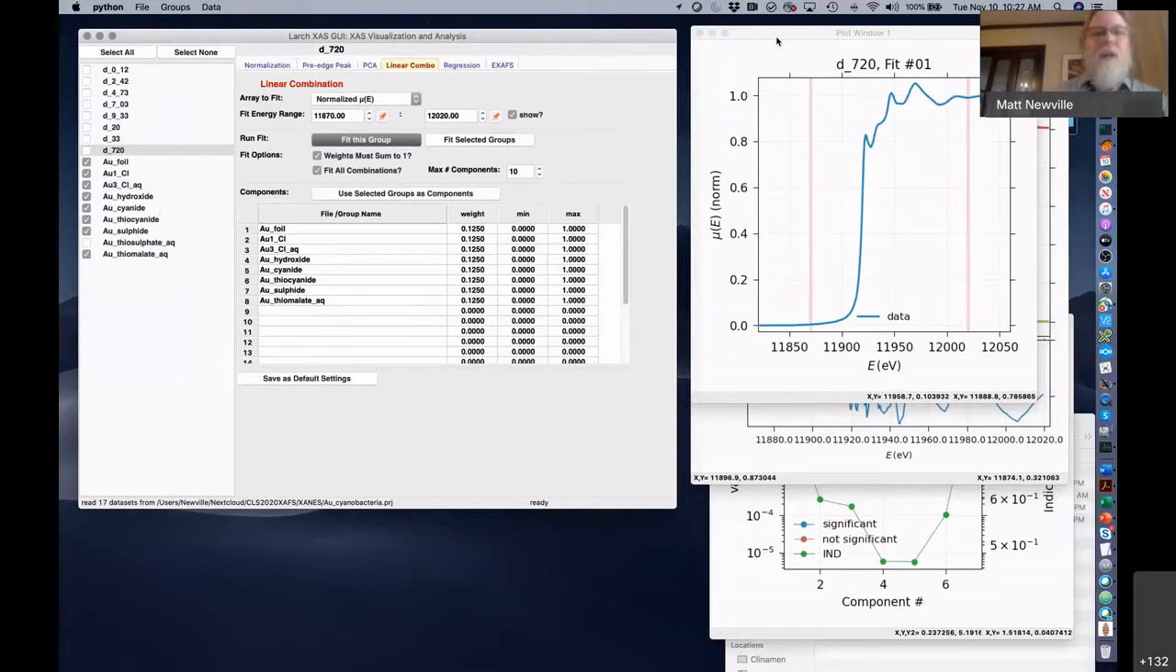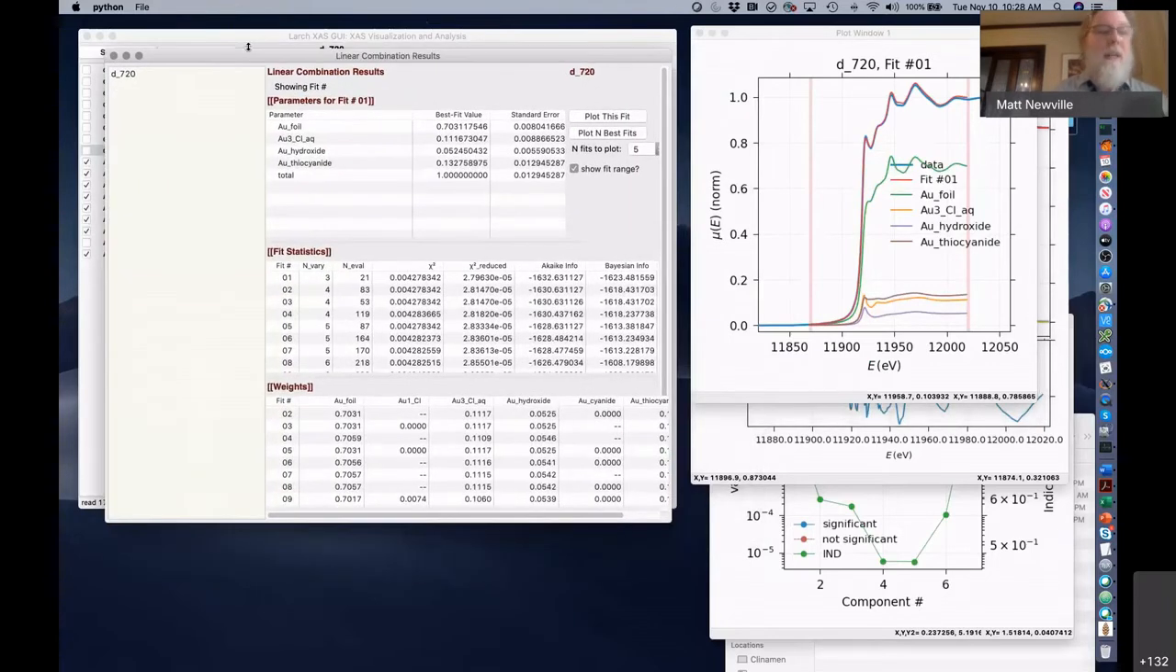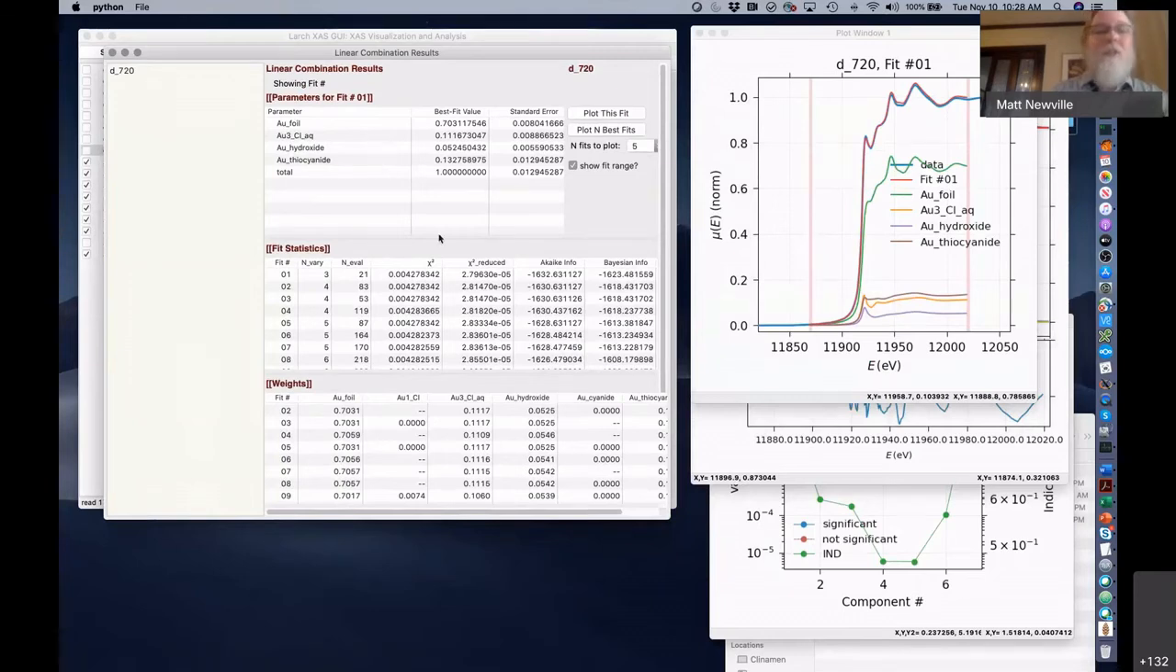So this is a good time for questions, and I think this would be the end of this part of the lecture, and really ready for a small break. So here, in fact, this is a good time to talk about questions. Here it says this spectrum has these components: gold foil, gold, some hydroxide, some thiocyanide, some aqueous chlorine, and